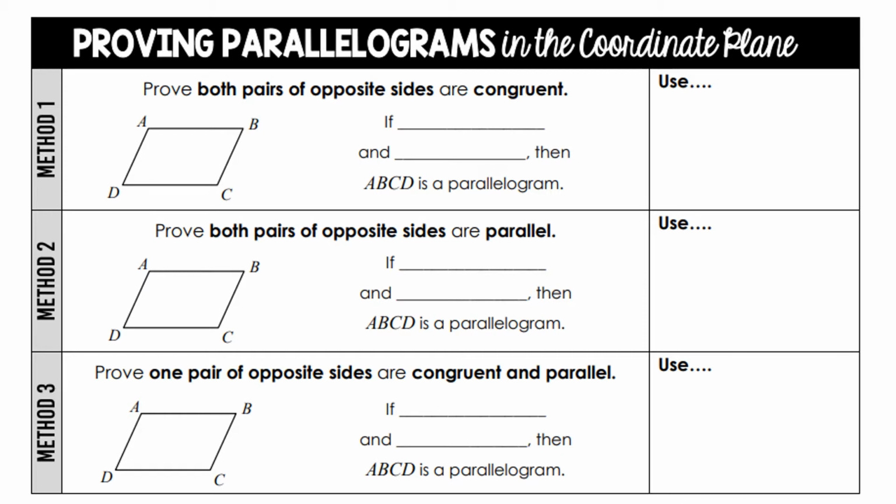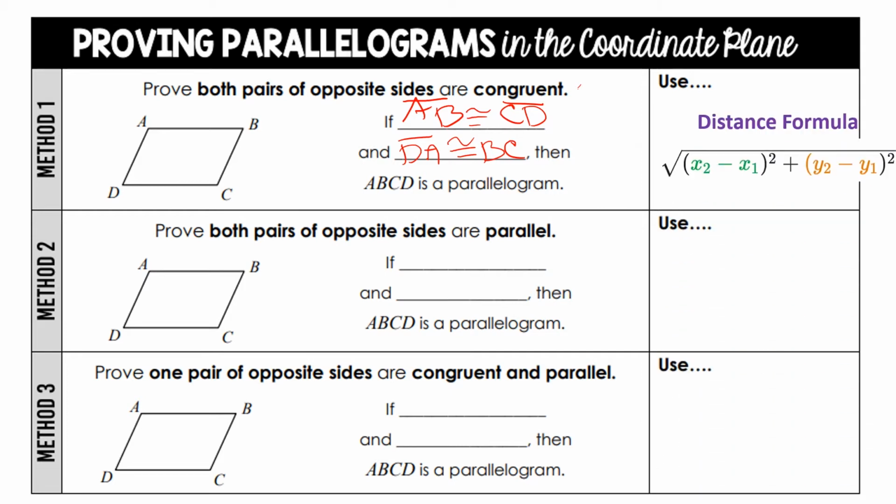So we have three methods here that we're going to use to prove parallelograms in a coordinate grid. Method 1, we can prove that both pairs of opposite sides are congruent. So therefore, if line AB is congruent to segment CD, and segment DA is congruent to BC, then ABCD is a parallelogram. And we could use the distance formula here to actually find the length of each side using the